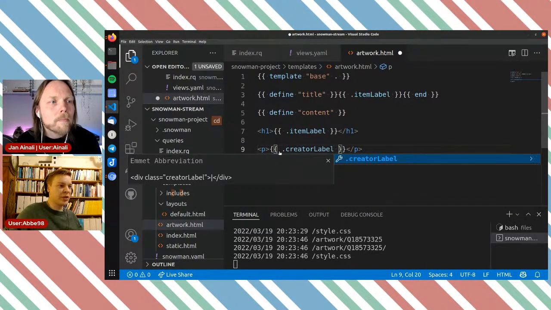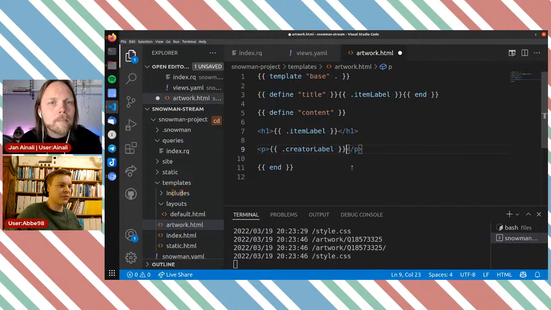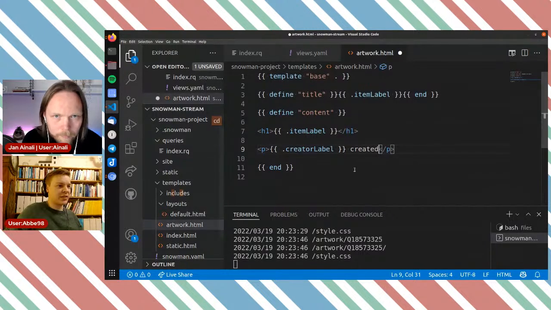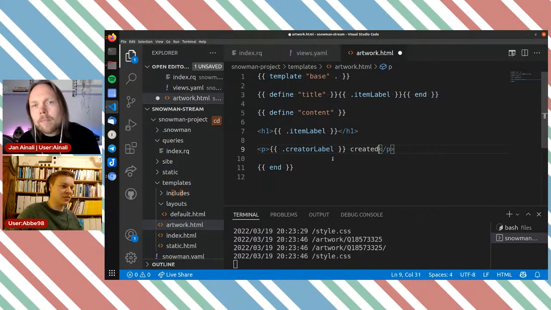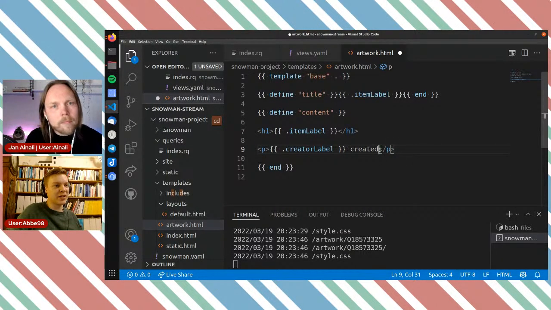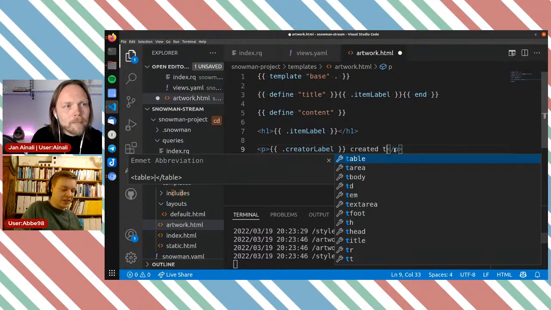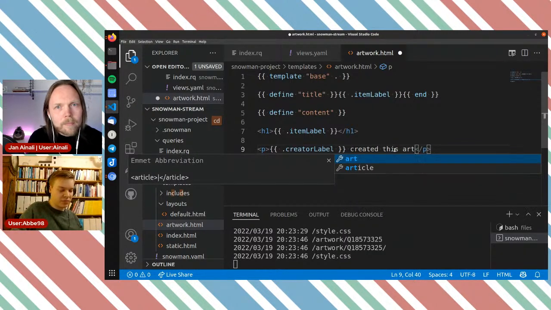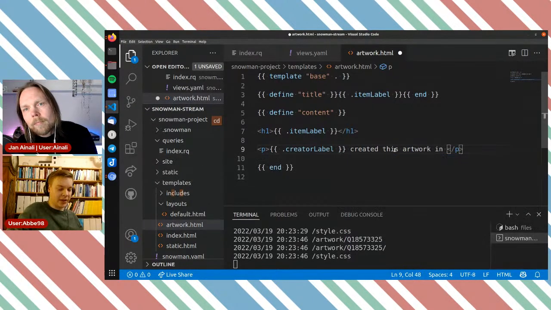And you might notice we are just using the same variable names as we did in the query. So we can write a bit of a sentence here using the variables we created. So the creator created this artwork, and then we can do the year. And I think we call that created year. Yeah.